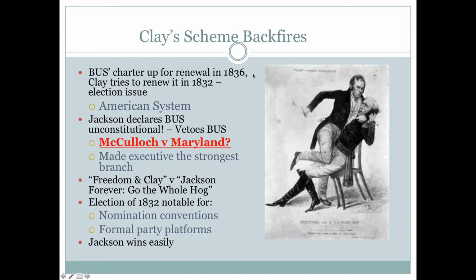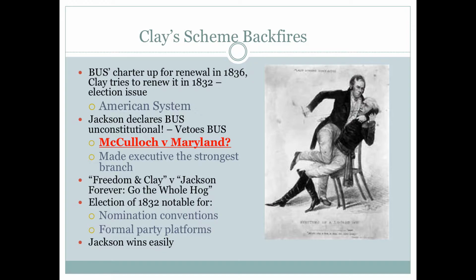The charter for the Bank of the United States was to be renewed in 1836. They're 20-year charters. It was chartered in 1816. Clay decided, since the economy was going so well, that he convinced Nicholas Biddle, the president of the bank, to go before Congress in January of '32, which is an election year, and to ask to renew the charter now, right? The economy is doing well. This is something that if Jackson opposes, Clay can use this against him in the election, saying, look, we had such a strong economy, and Jackson's going to oppose us.